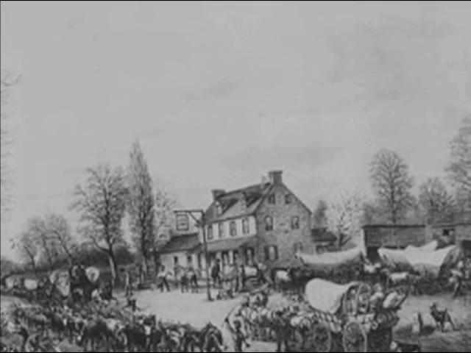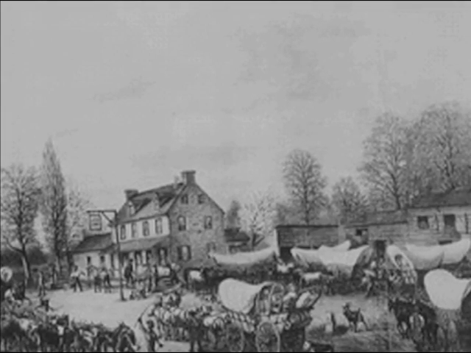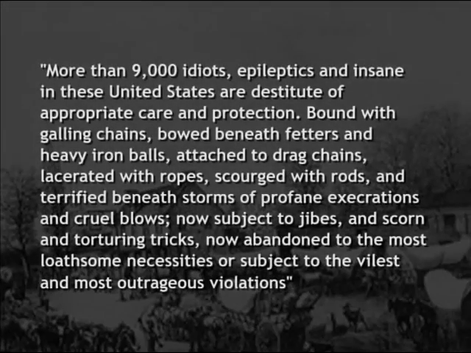In 1841, Dorothea Dix began working on behalf of institutionalized people with disabilities. She traveled over 60,000 miles around the United States to observe and report their living conditions. She found that, quote, more than 9,000 idiots, epileptics, and insane in these United States are destitute of appropriate care and protection, bound with galling chains,